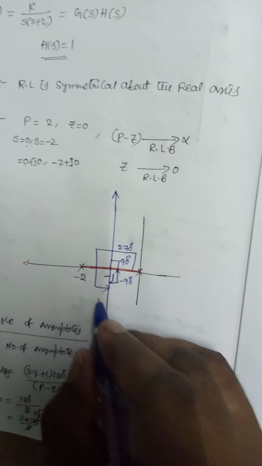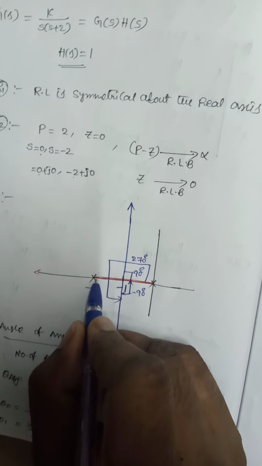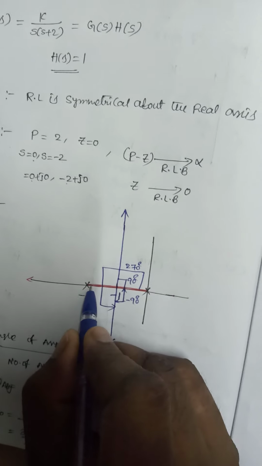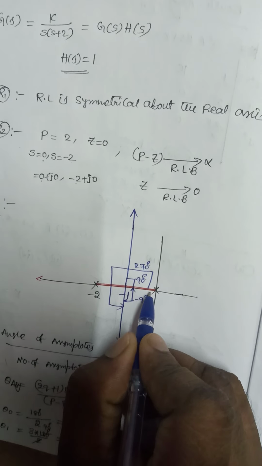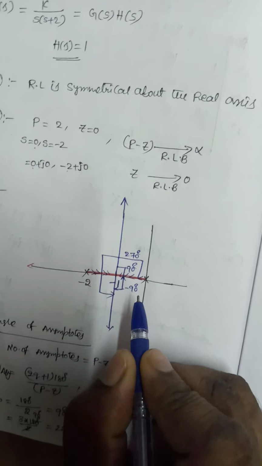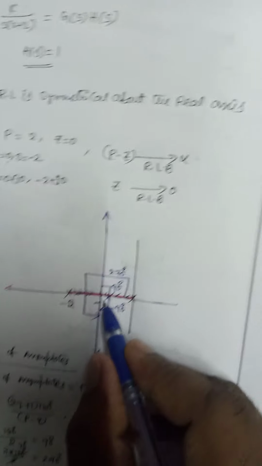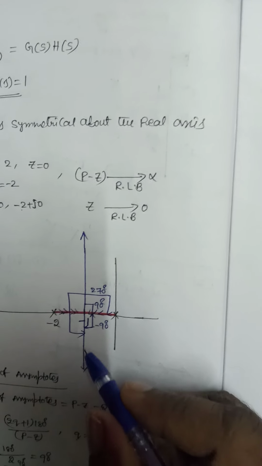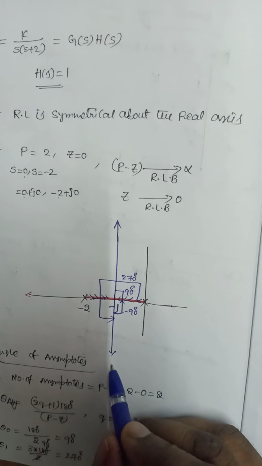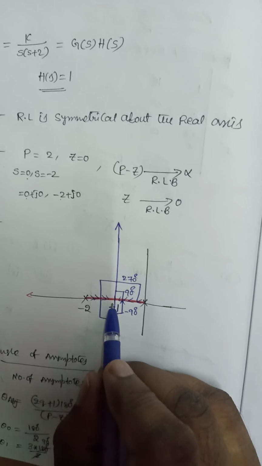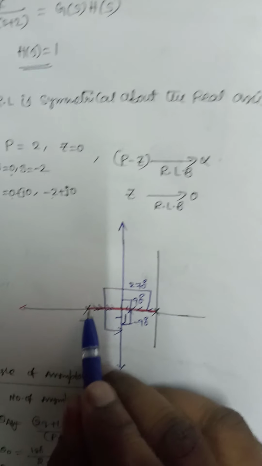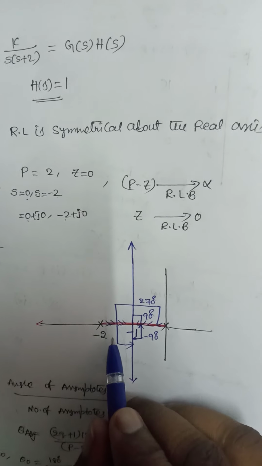Okay, next, this pole will move in this direction, and this pole will move in this direction, because there exists a root locus branch in between the poles. They are moving like this, and they will come to each other and collide, and then one pole moves along with one asymptote and the other pole moves along with the other asymptote. So we will find out the breakaway point here. The breakaway point will exist here because the root locus exists in between the two poles, so there will be a breakaway point here.